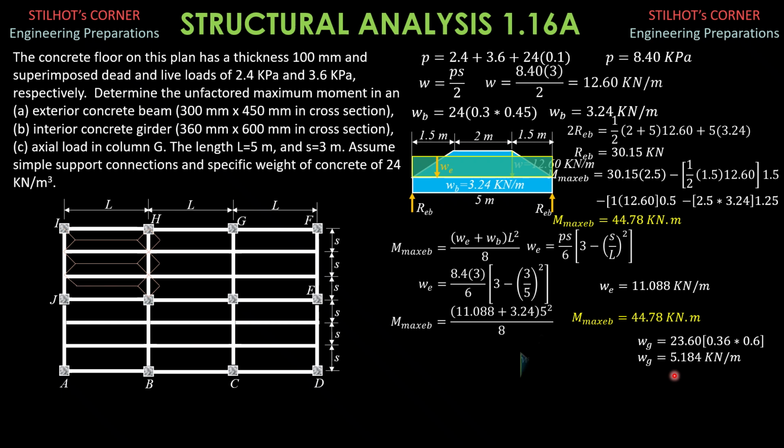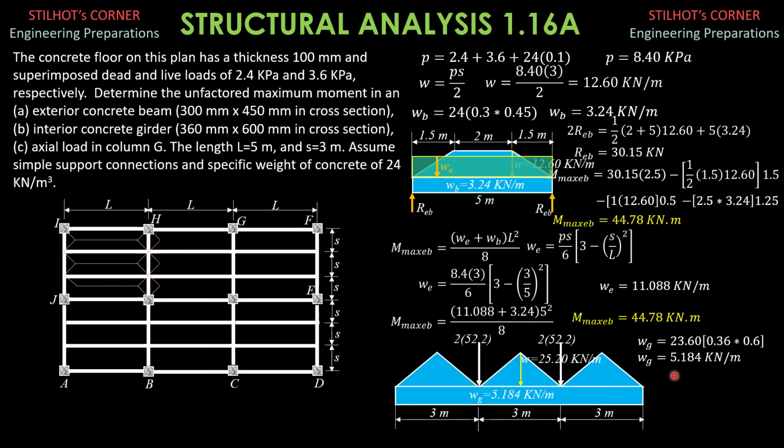5.184 kilonewton per meter. So this is the loading situation for the interior girder, and since this is an interior girder, the load intensity W is 2 times the load intensity for an exterior beam, because that is S over 2 plus S over 2, so 8.4 times S, which is 25.2. Then